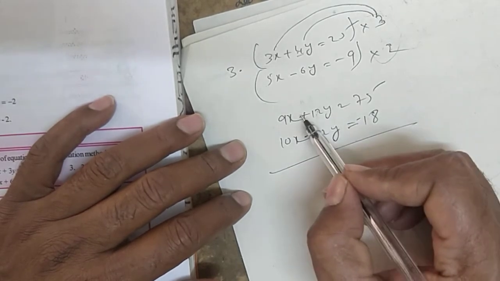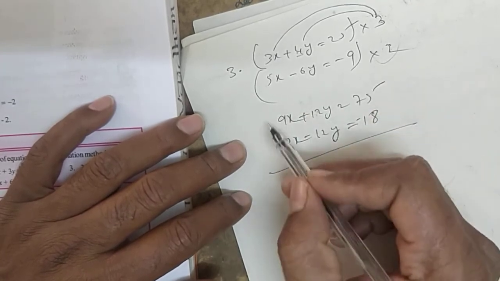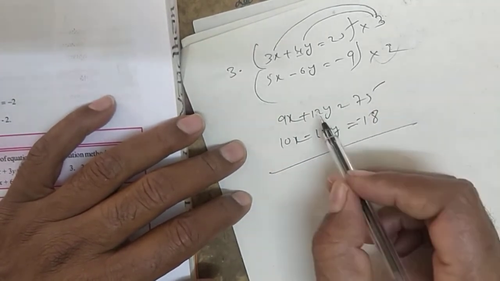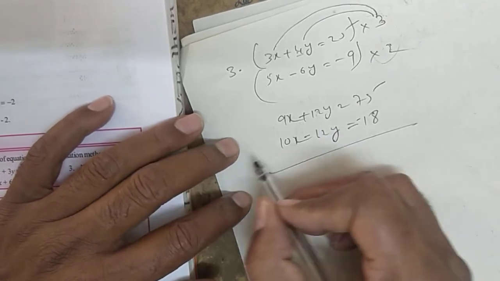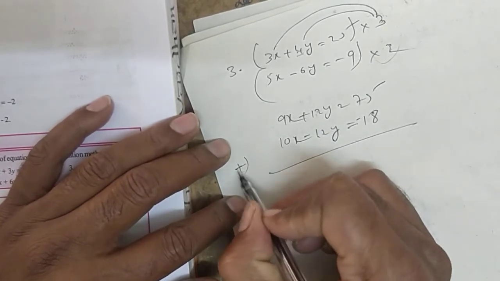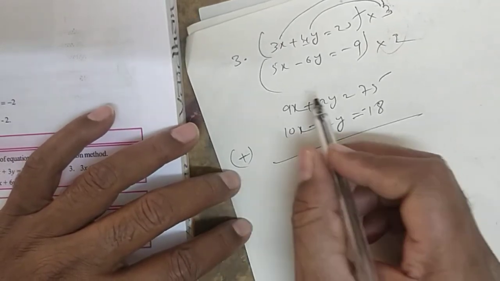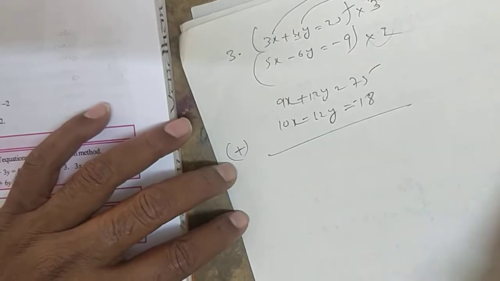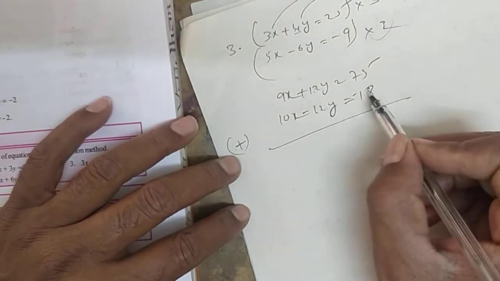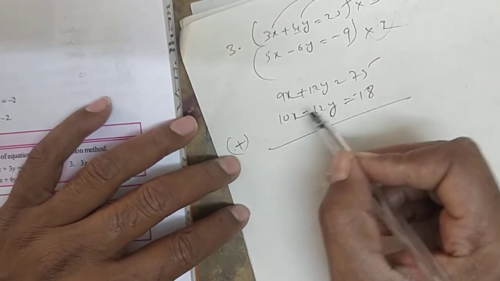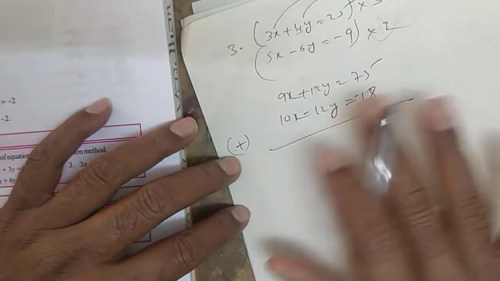Now their symbol, see it, one is plus, the other is minus. In the previous problem, they had the same symbol, so you did subtraction. Now these two terms have different symbols. So if different symbols are there, what I said to you is keep a plus symbol here. This plus indicates that you are doing addition. Beforehand I wrote minus here, and after writing minus, in the down equation, 3 terms are there, whose symbols I changed. Now plus means no need of changing anything. You have to leave it like that only.